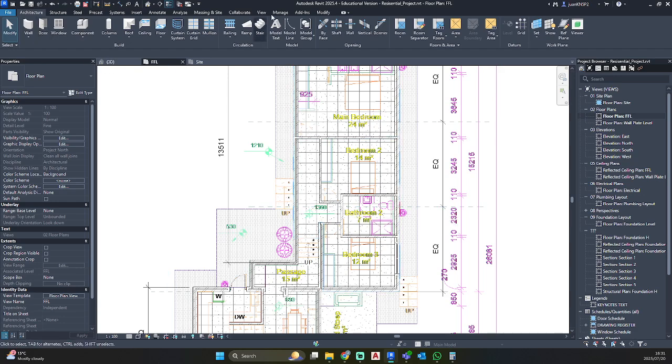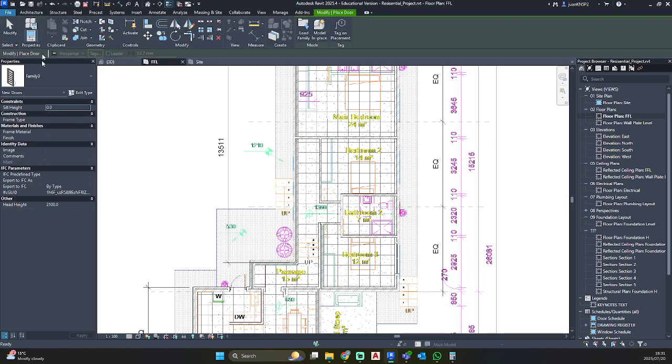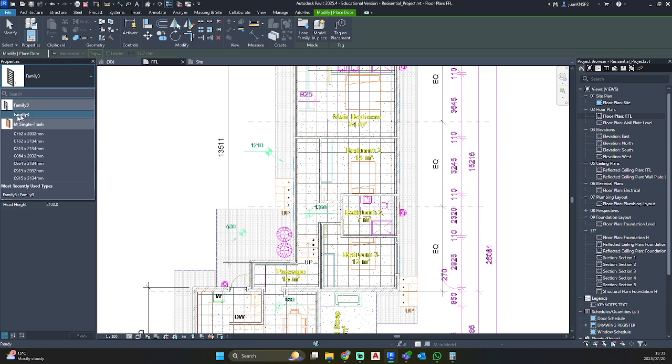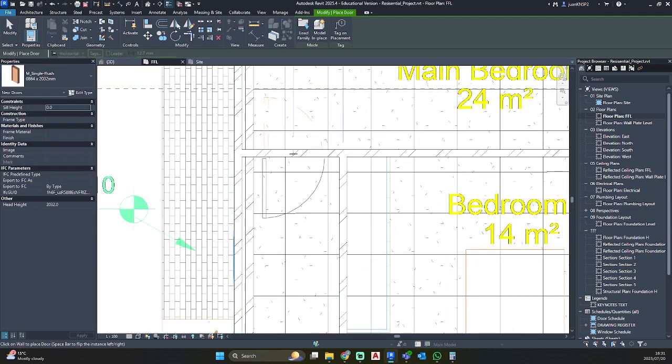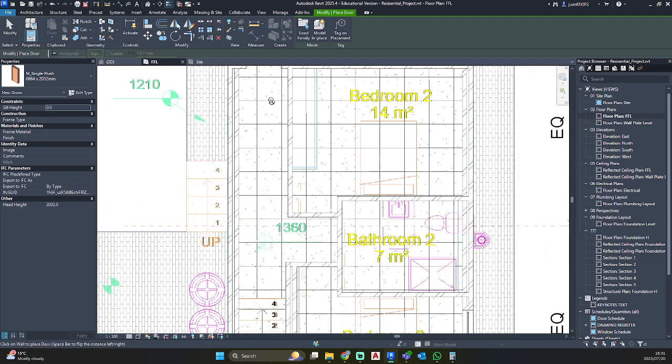internal walls. So I'm just going to go ahead to my top ribbon under door. You'll see the family that we've created plus the stock standard doors that come with every Revit project. So I'm going to select the 846 by 2032 just to give some context for our floor plan.